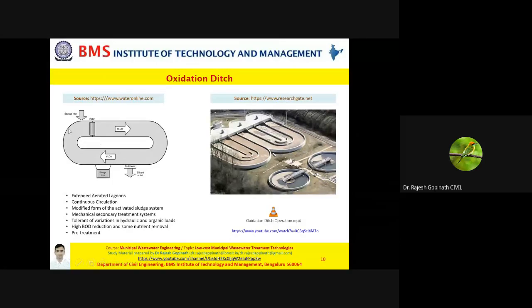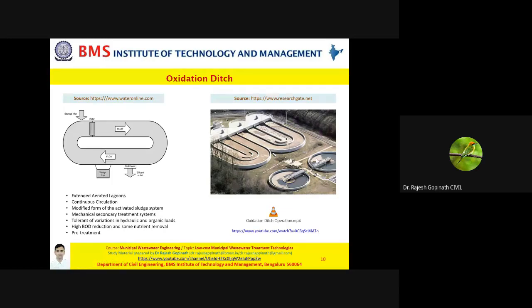So if you look at this image, you can see that the wastewater is constantly moving in this endless ditch. You have the influent here and you have the effluent here. So this is the plan view wherein you can see your oxidation ditch. If you see very carefully, there is not one, but there are two oxidation ditches. Okay, they are in parallel, and for each oxidation ditch you have a secondary clarifier.